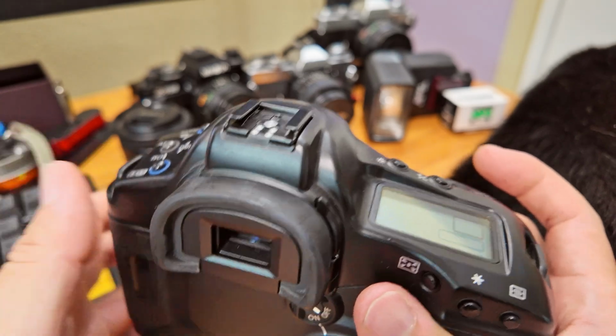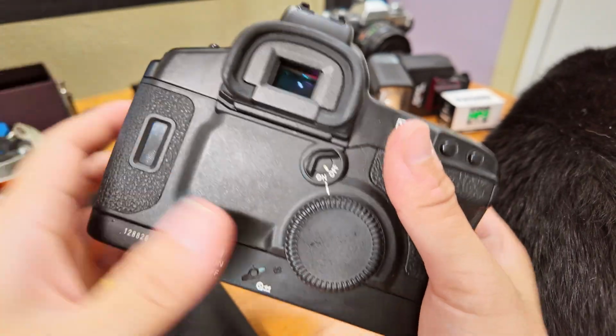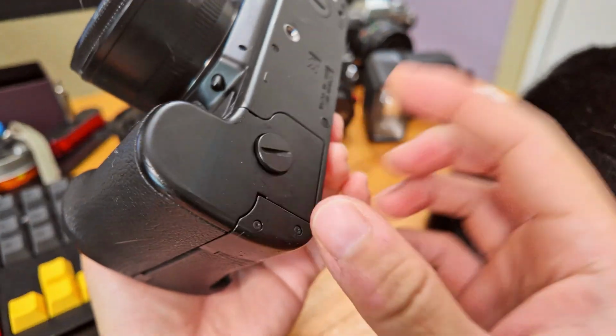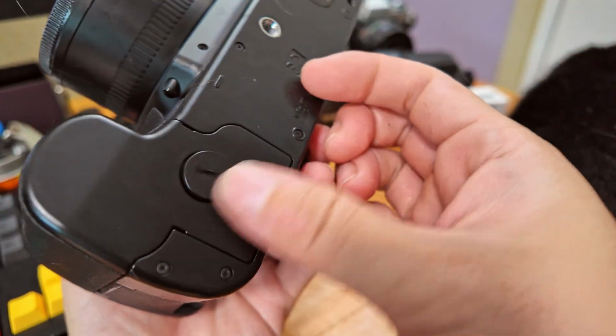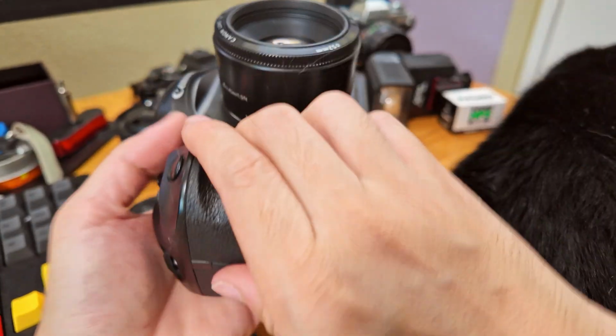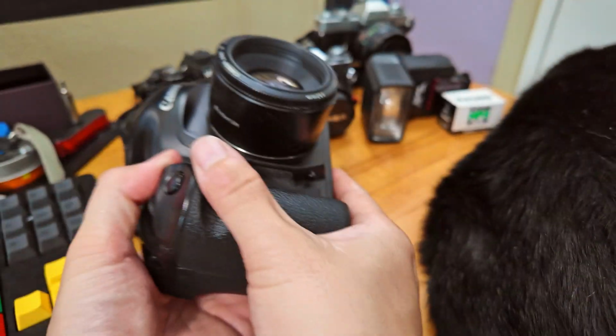But keep in mind, this camera is 100% electric. Right now, it's out of battery. So let me just change the battery for you so you guys can see how it works, okay? The battery is incorporated into the grip, which is really nice. You just loosen this little securing piece, and once it's loosened, you can just pull the battery out, or the grip out, by just pulling it down,